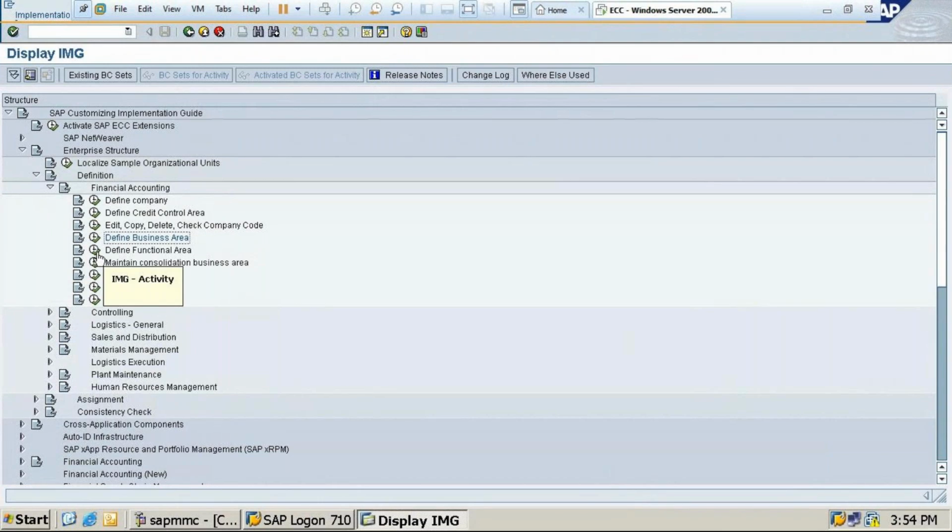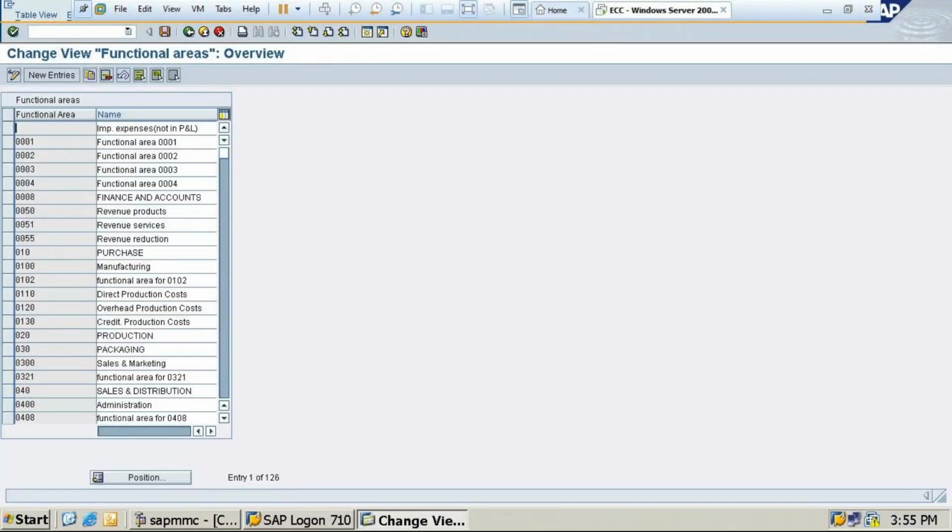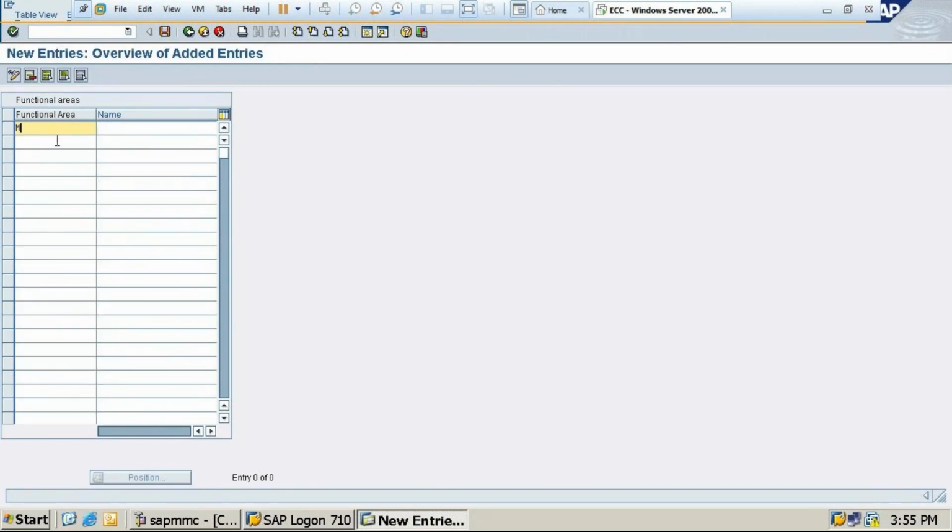So, define functional area. Here, new entries. The functional area is nothing but our company code and the name of the functional area. For the company code, I will give MCC2, then save.